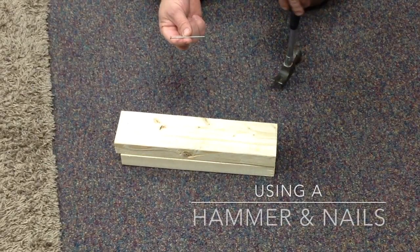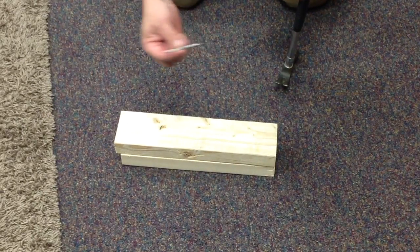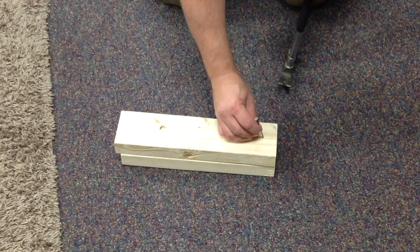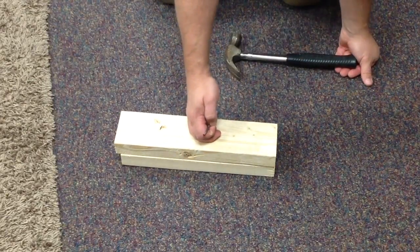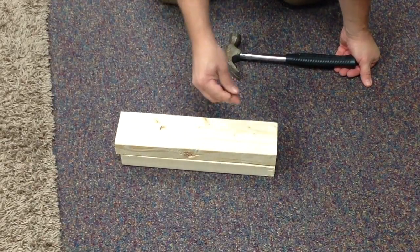This is a large nail, but we have all kinds of sizes. Obviously, use the one that is good for what you're trying to use it for, the size of your wood. So I'm going to try to connect these two pieces of wood together, and I'm going to choose a place